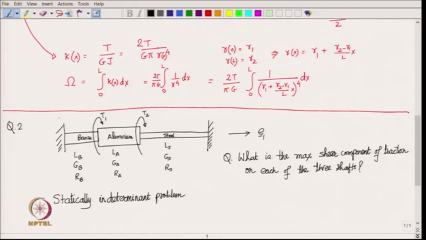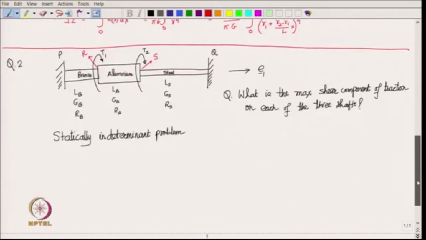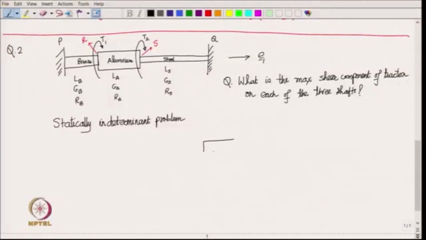Okay. Let us say this end is P and this end is Q, okay. And these points here, this is big R and this is big S. All right. Let us try to draw the free body diagram of the entire shaft. So, we are going to isolate the shaft and we know that it has got this torque T1 acting in the plus E1 direction and torque T2 also acting in the plus E1 direction,